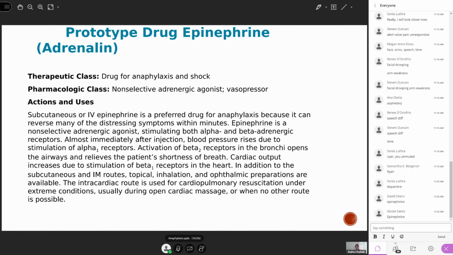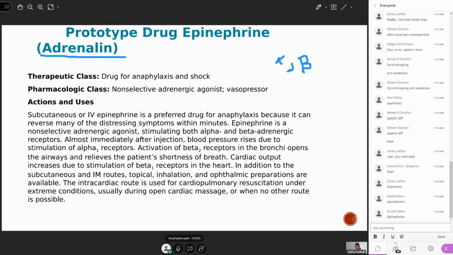Very, very important drug, okay? And you'll hear that in next semesters as well. And so this epinephrine, it is also called adrenaline. Why? Because it acts on adrenergic receptors. There are 2 types of adrenergic receptors, alpha and beta, okay? And now from your anatomy physiology class or from your previous knowledge, if the adrenergic receptors,